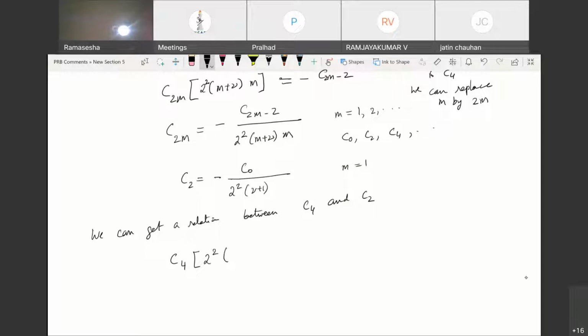So I'll get minus divided by 2 square into 2, and I can actually write it in the form minus C plus C naught, because C2 is minus C naught upon 2 squared into nu plus 1. So I'll get 2 to the power 5 into mu plus 2 into nu plus 1. Okay. So this is how I'll get